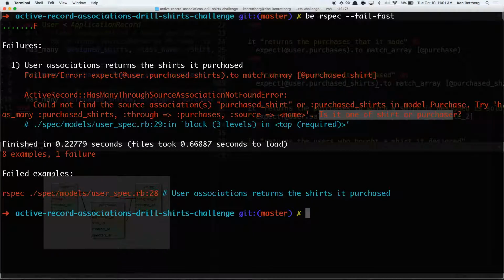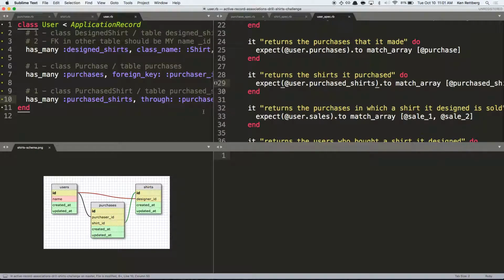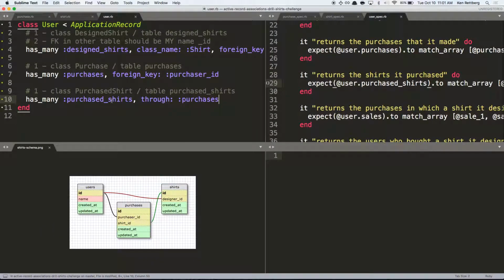By the way, it's saying in model purchase. Why is it saying in model purchase if we're in the user spec right now? Yeah, so we're in the user model. We went through purchases. That goes through this association and gets us over to the purchases table and the purchase